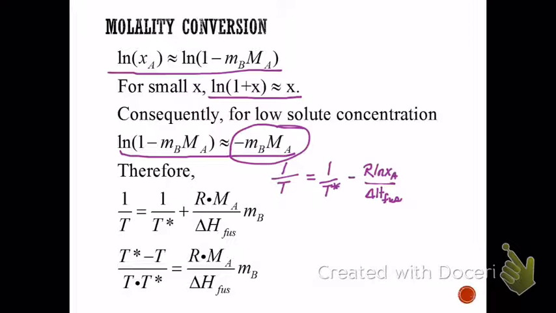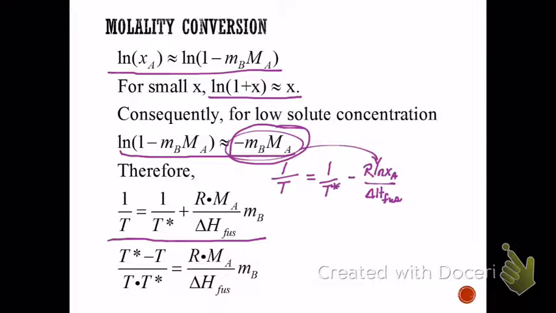And making the substitution into our original equation here for the natural log of x sub a, again going back to the equation that was derived on a previous slide, we end up with